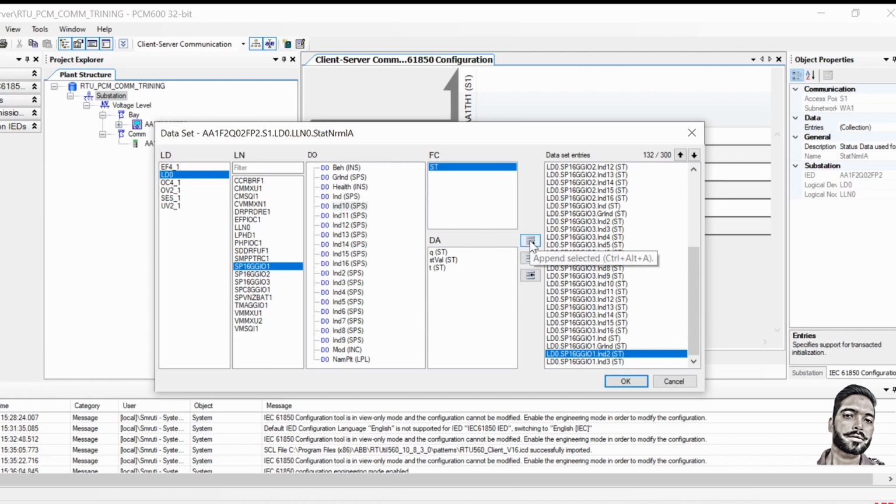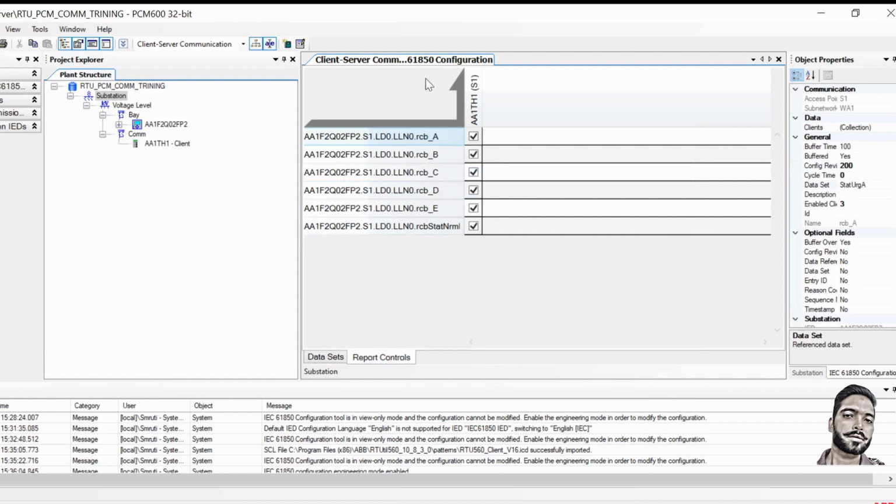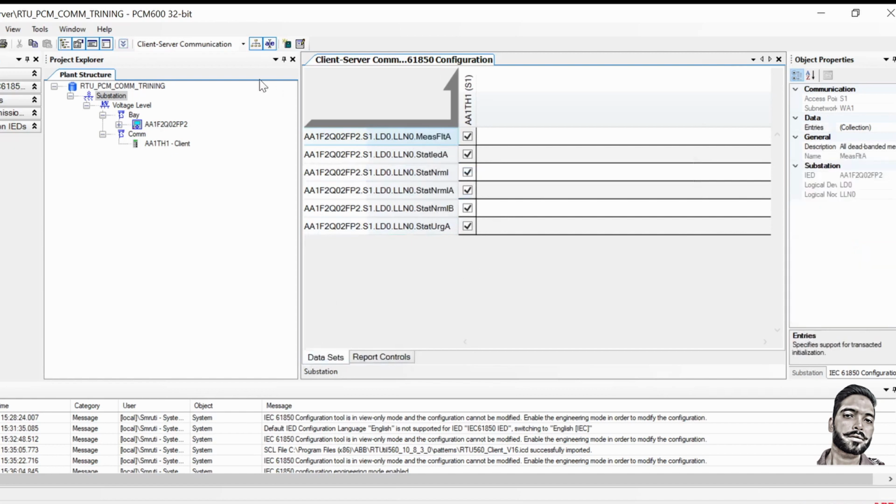Now it is enabled. Now it came to here. Now you can see this signal came here, the 10th number signal. If the 10th number signal is configured to your protection or whatever, or some remote local, anything you connected there, then it came. Now press OK. Now everything is done. You can see here everything is done. Just save it.